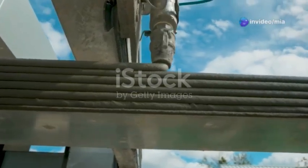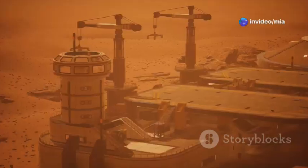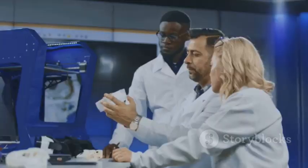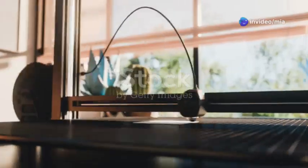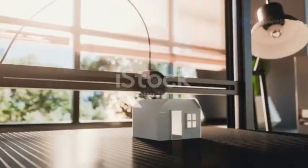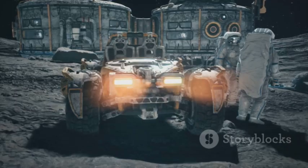Future habitats may include self-healing concrete and radiation-resistant walls to protect astronauts. These advanced materials could significantly extend the lifespan and safety of space habitats. NASA, ESA, and private companies like Icon and AI Space Factory are already developing 3D printed habitat prototypes for the Moon and Mars. Some of these designs could be used in the Artemis program, bringing humans back to the Moon